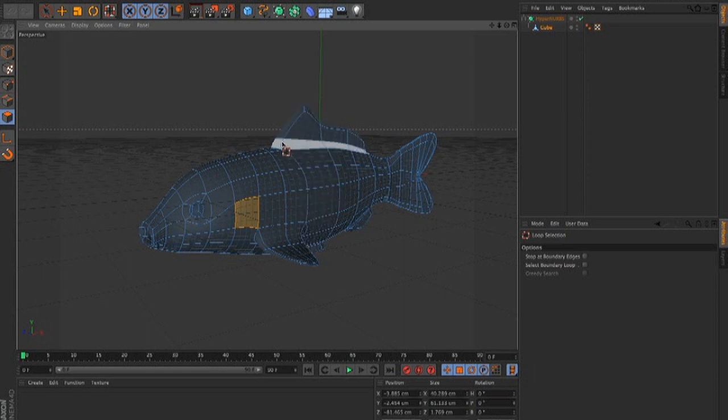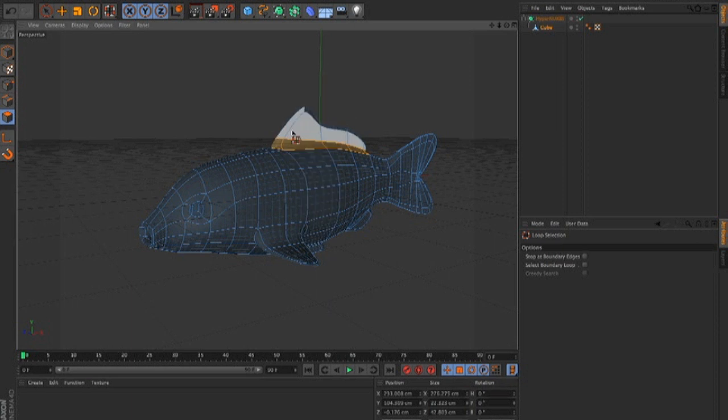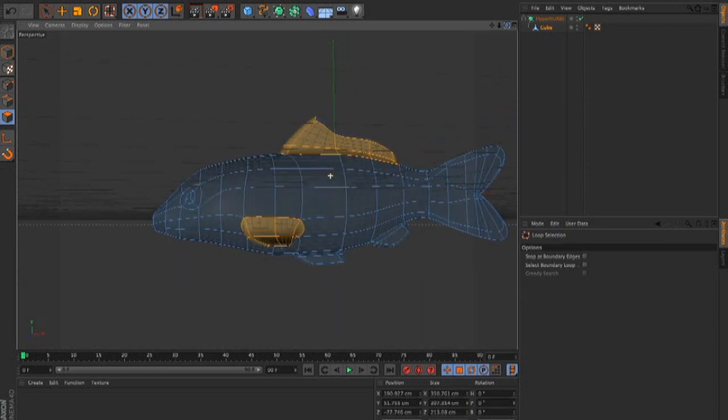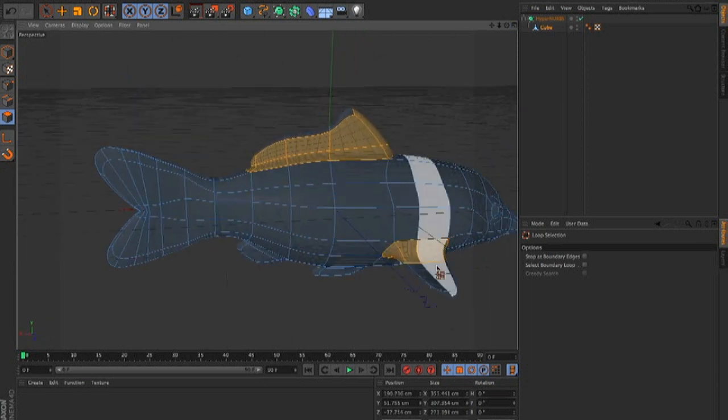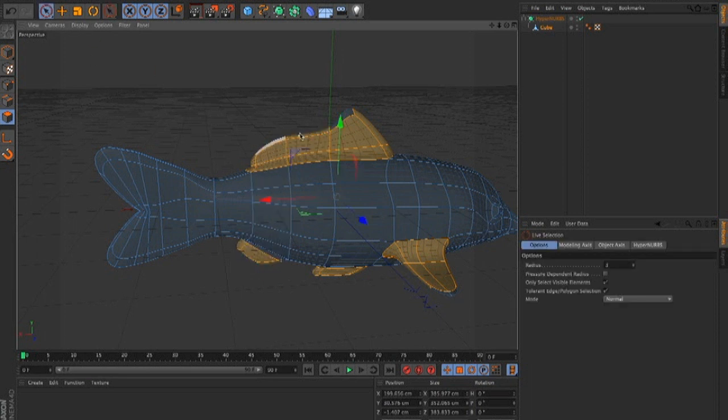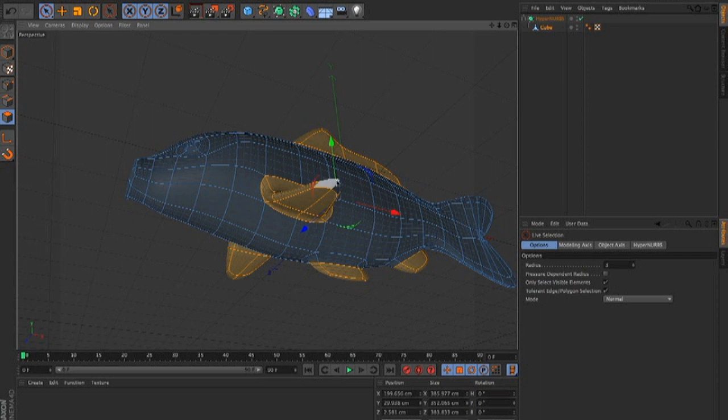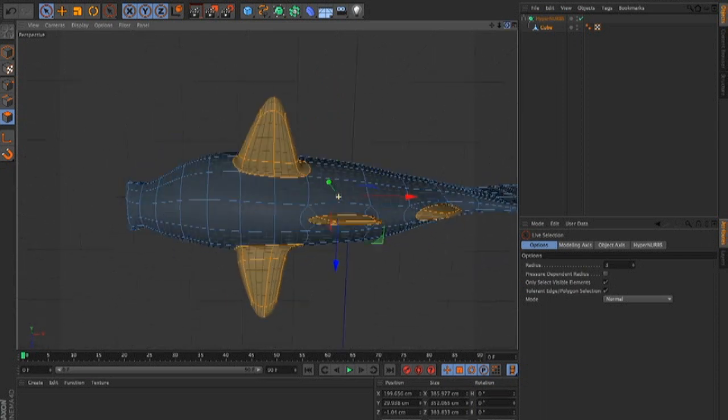So to begin with, I'm going to select out the fins and tail, because I want to make them a little bit transparent, maybe slightly lighter in colors, to try to make them look more fishy and thinner. I'm starting with using the loop selection to get the basic ones, because that'll just wrap around and get both sides at the same time. But then I'm going to go back and use the live selection polygon tool just to get everything selected. So I need to be very careful to make sure that I get all of the fins and tail